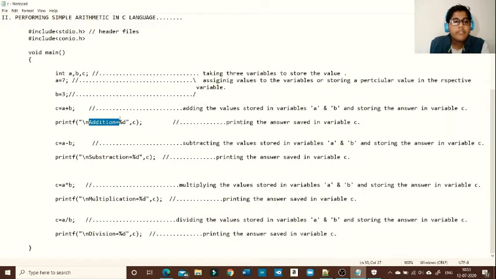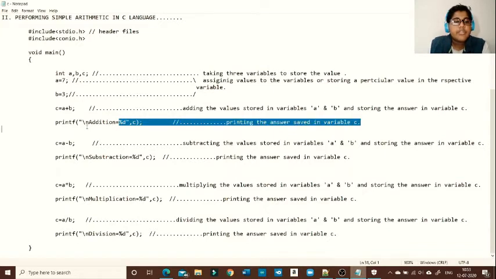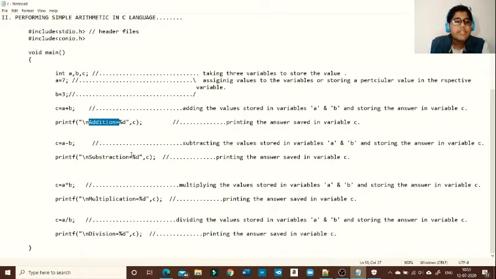And in the printf command, instead of addition is equal to, we will write subtraction is equal to, or multiplication is equal to, or division is equal to. So like this we will write four arithmetic operations in our Notepad++.